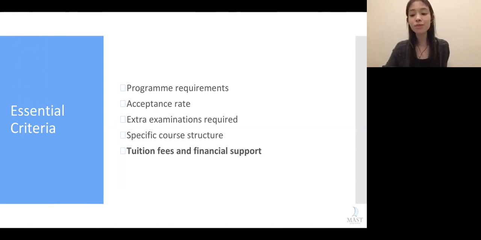So financial support is basically for families who don't do so well financially and might not be able to support the kid throughout the entire university course. So it really depends on the university themselves, but all universities have a financial support program. So what you usually have to do is provide a bank statement and tell them why you need them to offer financial support.